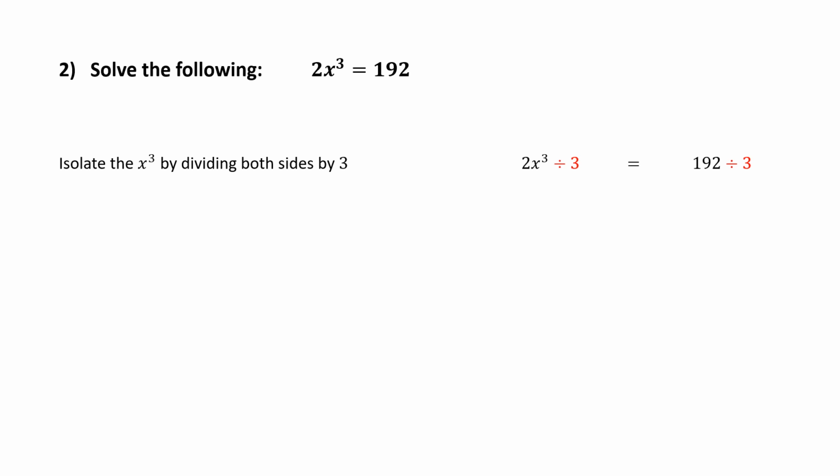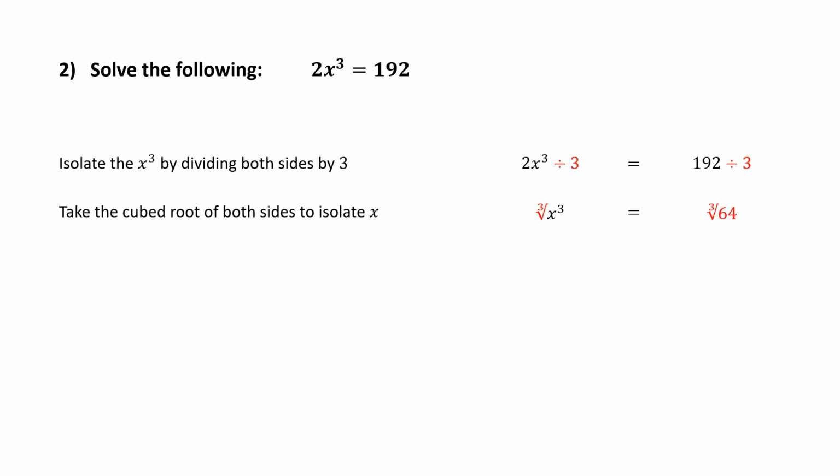Now I've just noticed a slight mistake here, which I'm going to keep in. Why not? So this should be 3x cubed. I have made a mistake here, but I will persevere. So you've obviously worked this out as 2x cubed equals 192. So in this particular case, what you should have done is divide both sides by 2, which would have given x cubed equal to 96. And then you would have needed to take the cube root of